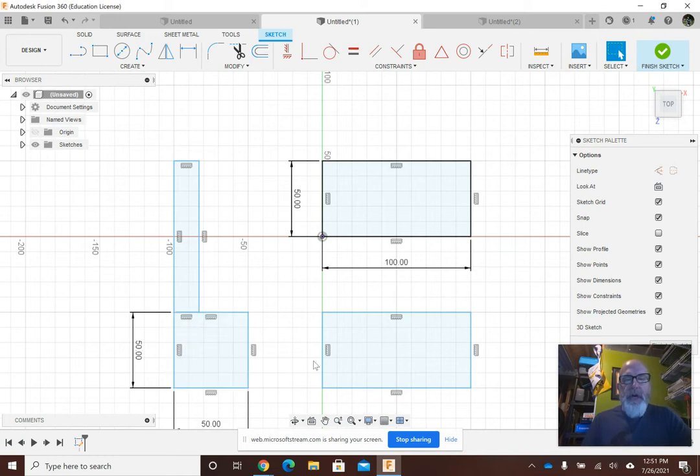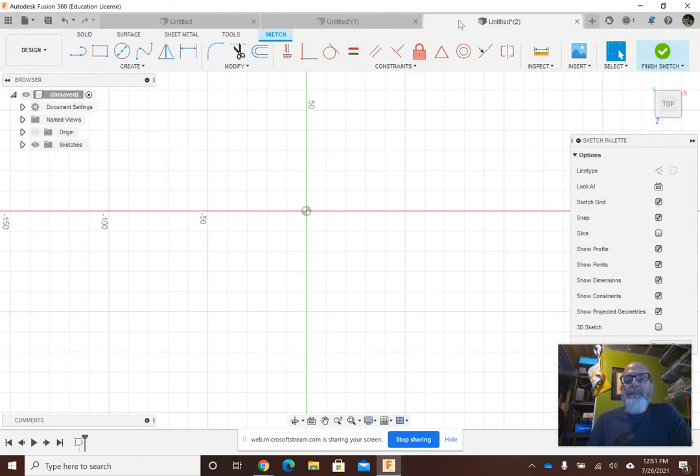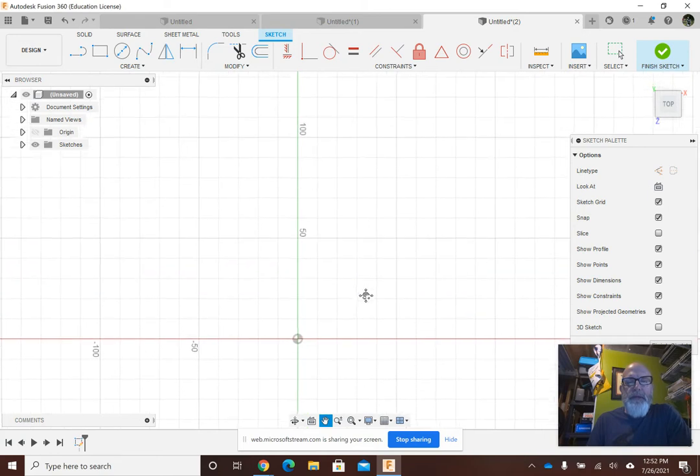Every one of these, notice how they have the vertical and horizontal constraints on the lines. Because a 2-point rectangle, the lines always have to be vertical and horizontal. But in reality, do we always draw our rectangles vertical and horizontal with vertical and horizontal lines? No, we do not. Let's say, for example,